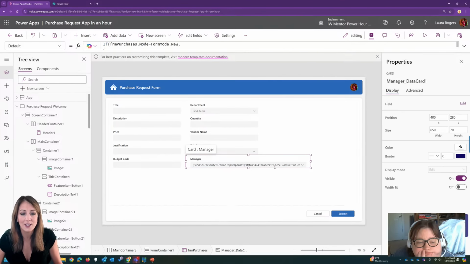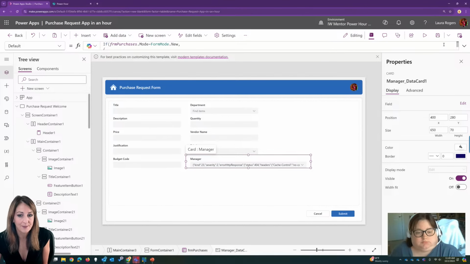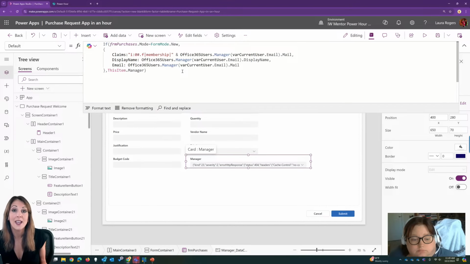I'm not gonna spend a lot of time in this app in an hour troubleshooting these buggy little people pickers. But yeah, that is the formula. So I'll just show you that formula again. So that formula works. Just this type of people picker is buggy,